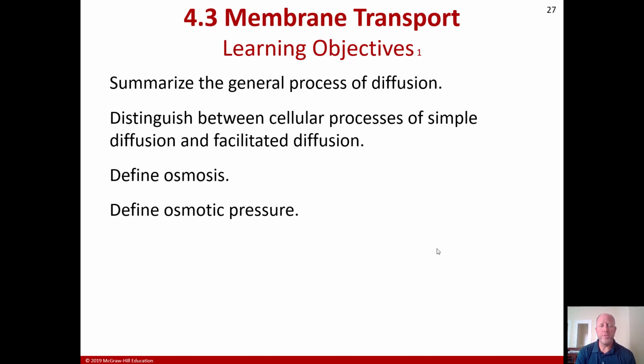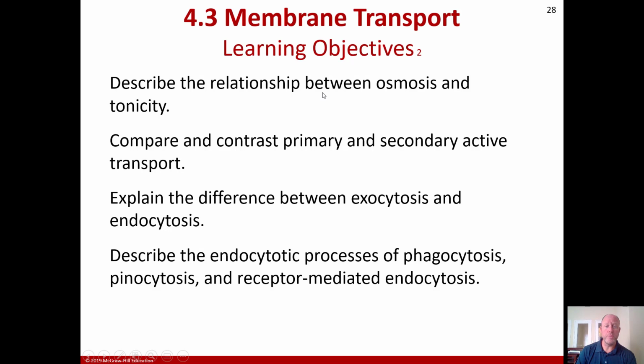All right, we're going to talk about section 3 of chapter 4 in Biology of the Cell and McKinley's text about membrane transport. First of all, after this section, you should be able to summarize the general process of diffusion, distinguish between cellular processes of simple diffusion and facilitated diffusion, define osmosis, define osmotic pressure, describe the relationship between osmosis